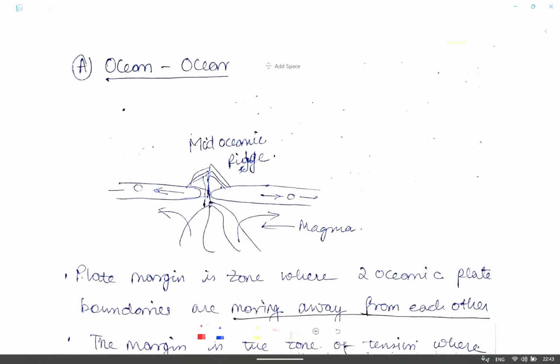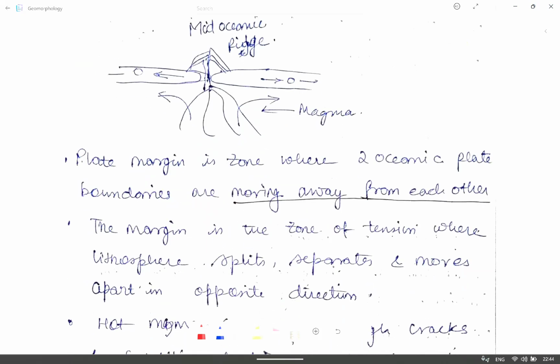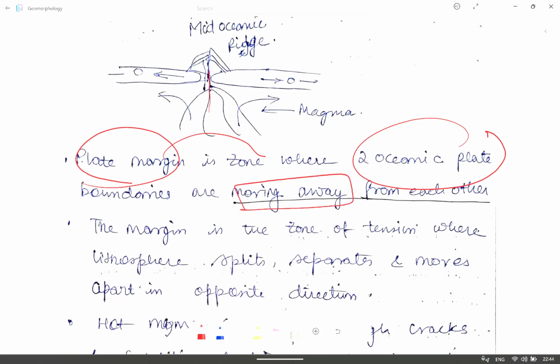mid oceanic ridges. Now ये जो mid oceanic ridges है, this is formed due to there is a pressure from beneath of the surface, and the magma when it starts coming out it leads to a formation of a fold mountain, जिससे mid oceanic ridge भी बोलते हैं. Now the plate margin is a zone जहां पर 2 oceanic plate boundaries are moving away from each other. Now क्योंकि ये magma is coming out, this is pressurizing the rocks or the oceanic plates to move away from